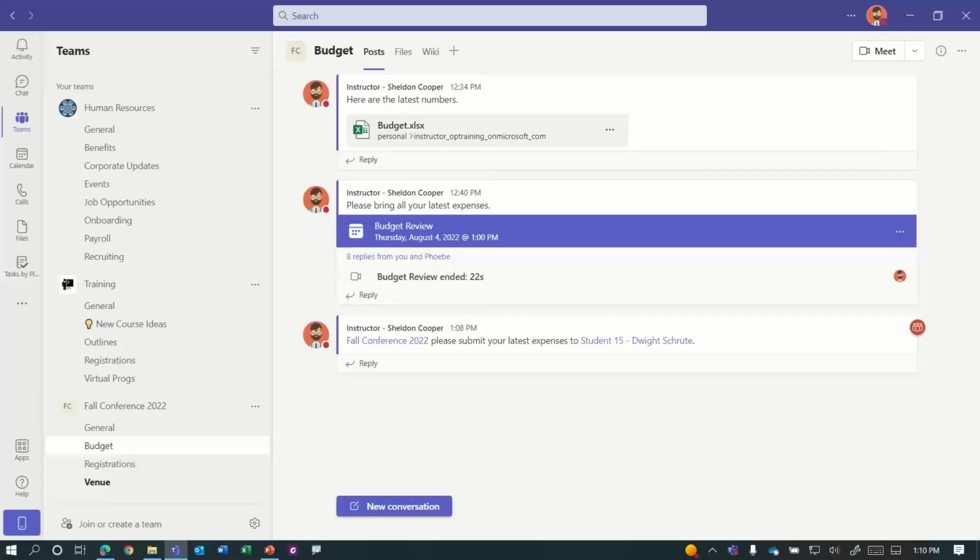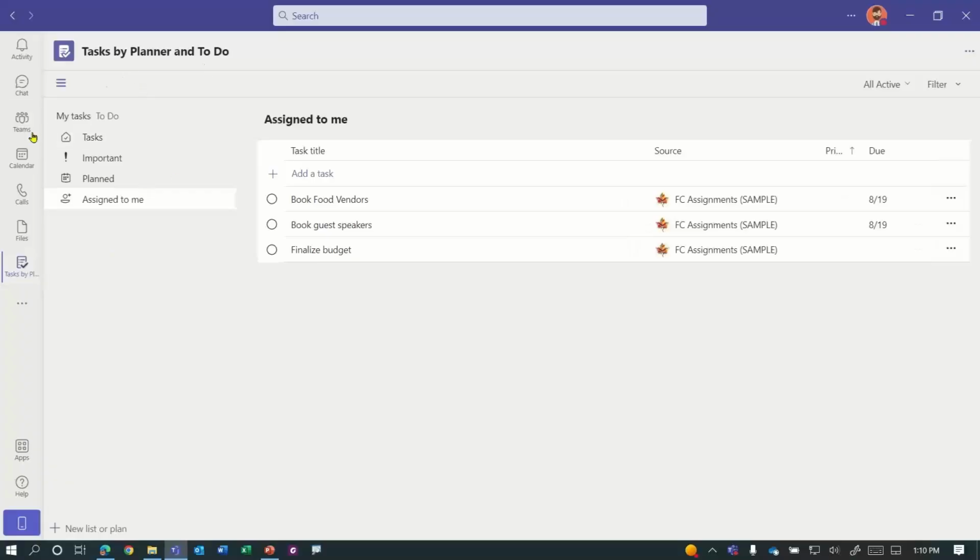Now let's keep on going. We're getting a lot of good questions here. Is there a way to make recurring tasks, and how do the pop-up reminders work? Now, this Tasks app that I added earlier is actually Tasks by Planner and To Do. Planner is just slightly outside of the scope for today's webinar. We don't have time to get into it, but I will say, and I've gotten this question over and over again, first of all, Planner is for group collaboration or group task management.